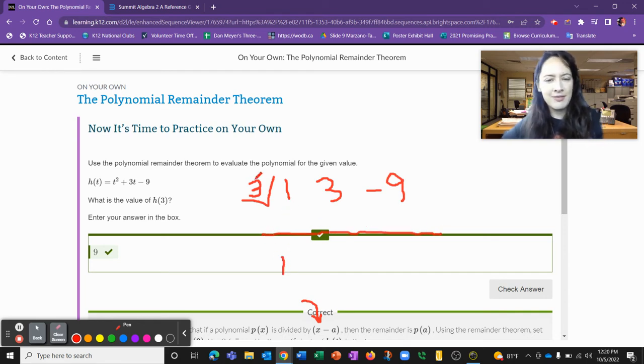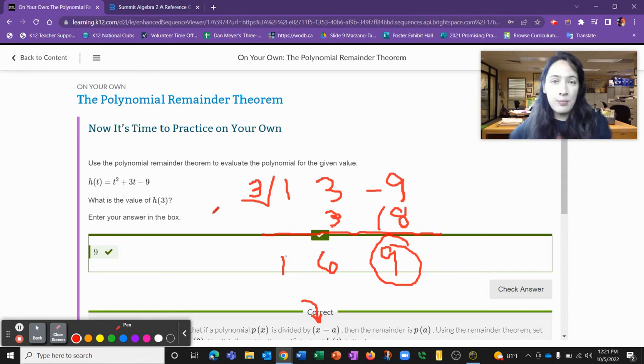I'll use that line as our line. 3 times 1 is 3. Then you add, right? 3 plus 3 is 6. Then you get 3 times 6, which is 18. Then you get -9 plus positive 18. You're left with 9 as your remainder. Because remember, you have to do that step down in degree. So the final answer, if we wrote it as a polynomial, would be x plus 6 with a remainder of 9